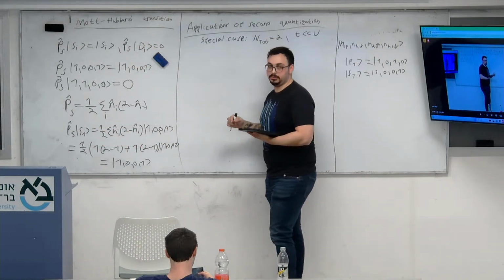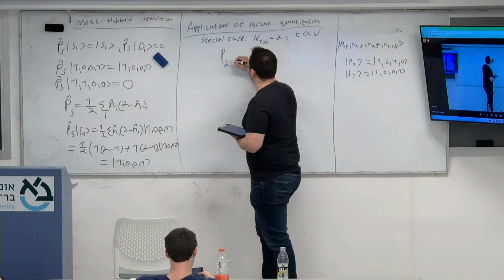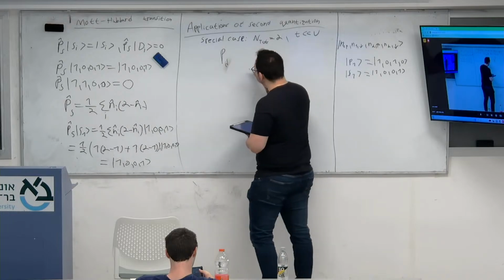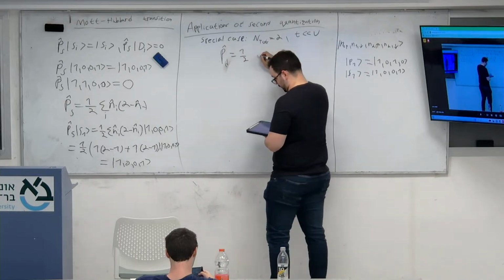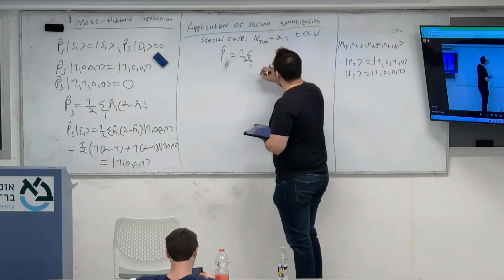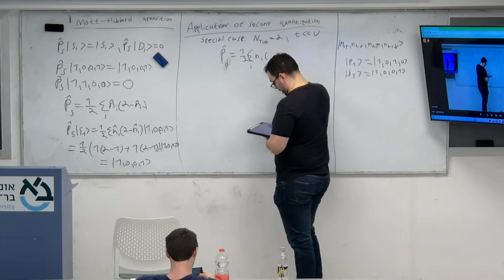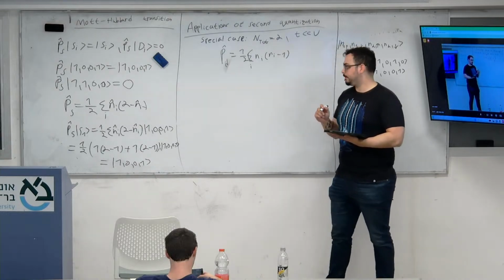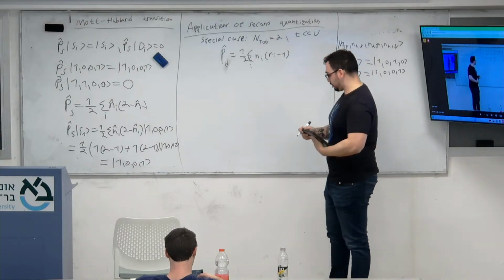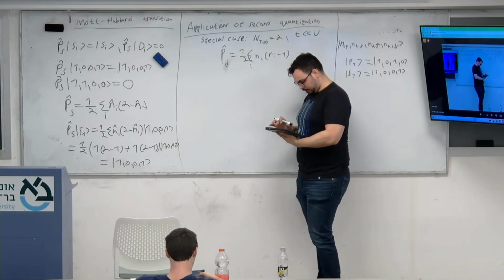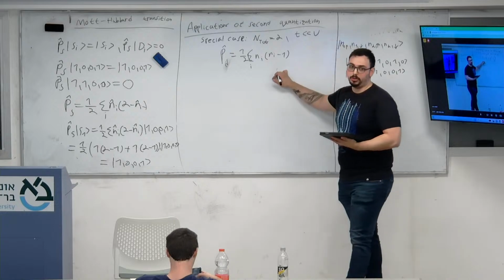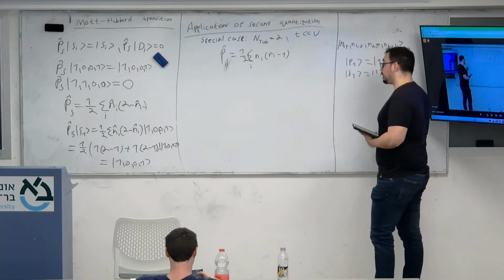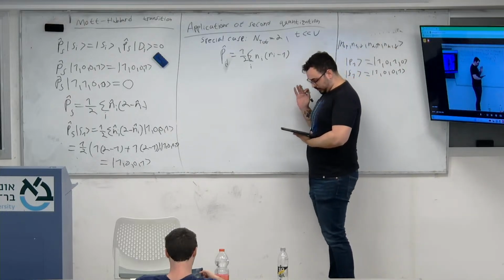Okay, similarly, you can do the projection operator on the D space. Let's do a small d. It should be equal to 1 over half, sum of n_i times (n_i minus 1). This one you prove in your homework, so I'm not writing down the example. All right. So now that we have the projection operator,